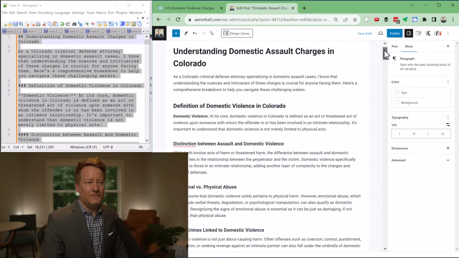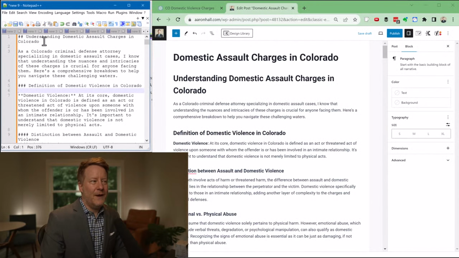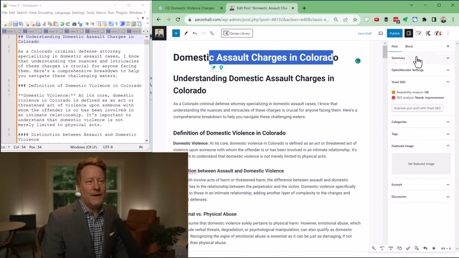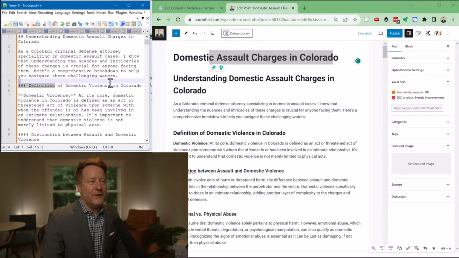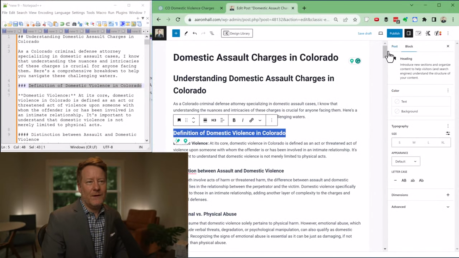So here we go. You can see it's no longer in markdown format. Understanding domestic assault charges in Colorado is now an H2 tag. Definition of domestic assault in Colorado is now an H3 tag.